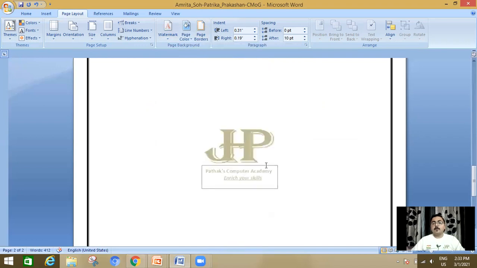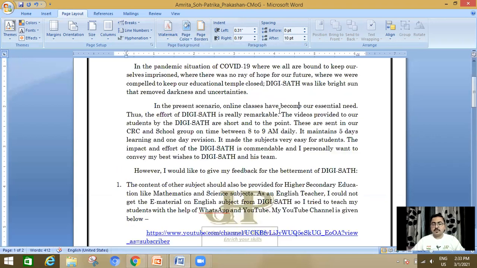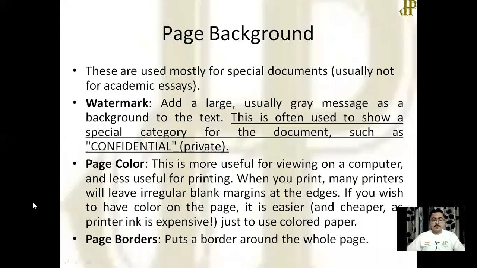Here, you can see that a gray shaded message will appear on each page of your document. Other than this, the page color is more useful for viewing on a computer and less useful for printing. Why?